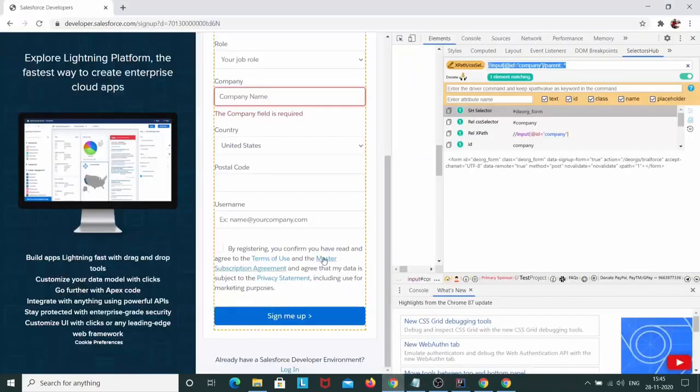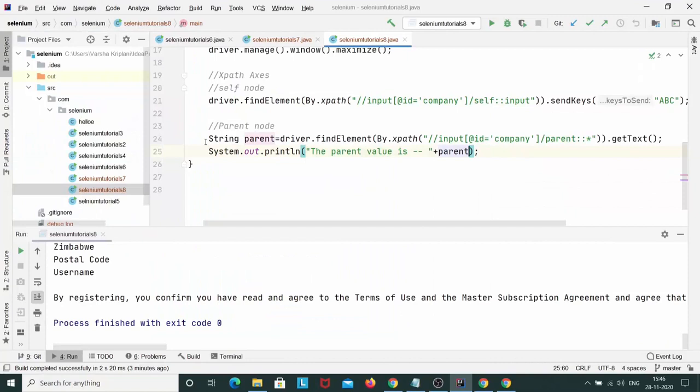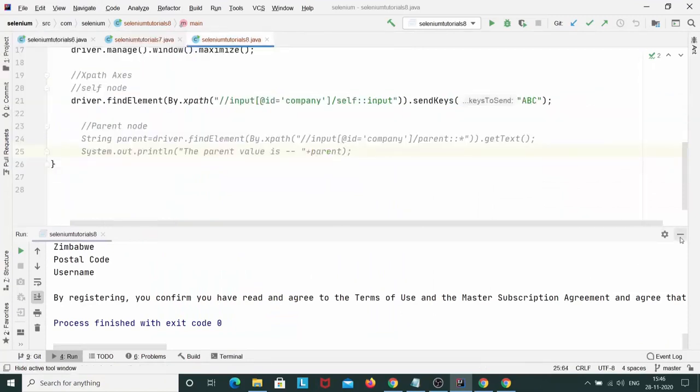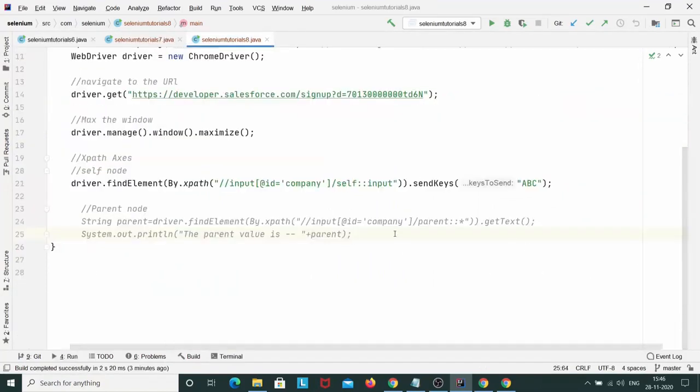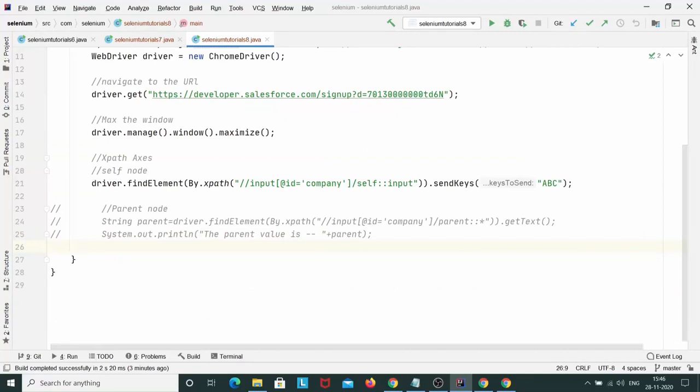So here you can see by registering you confirm. Similarly over here also by registering you confirm. So everything that is present under this form tag is printed over here in the parent. This is one way. So I'll just comment this because it's printing a long message. So this is the way we can do the parent tag. Next we have the